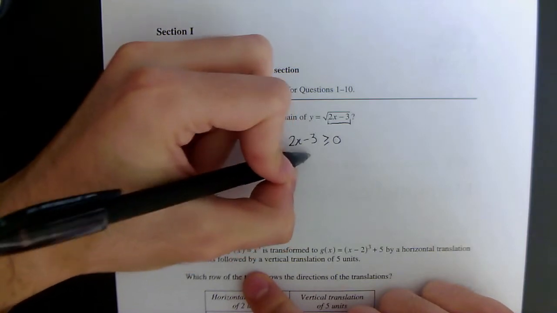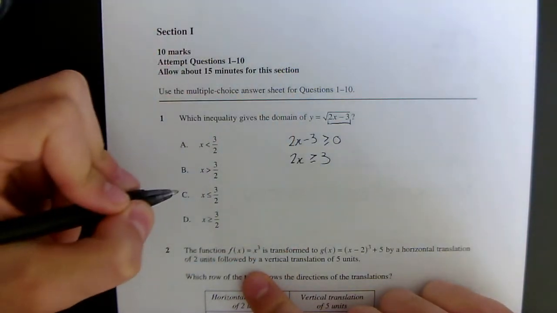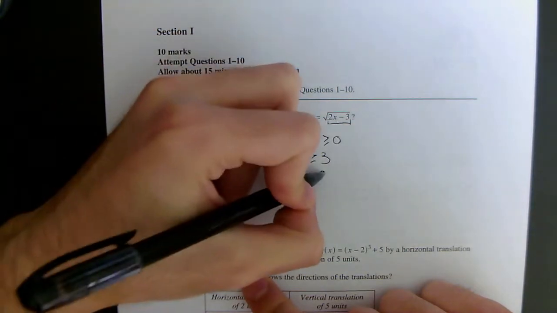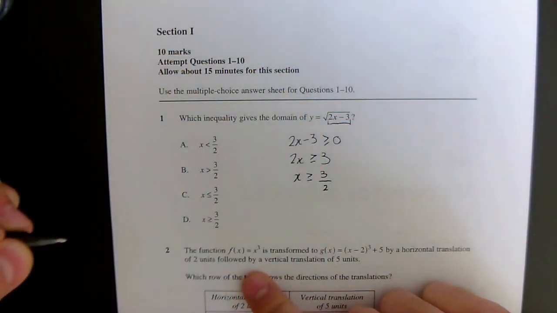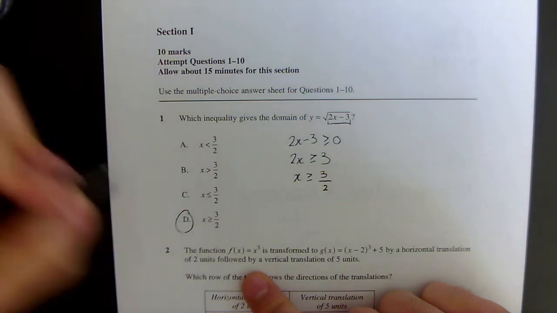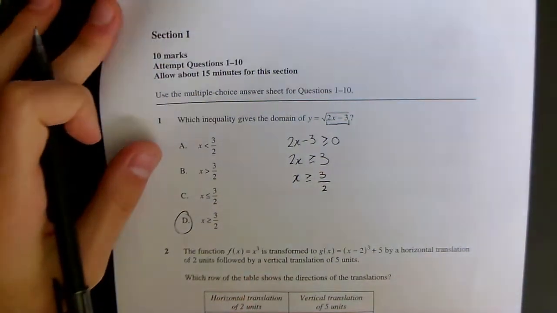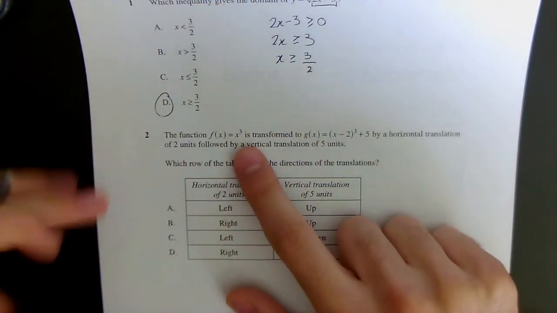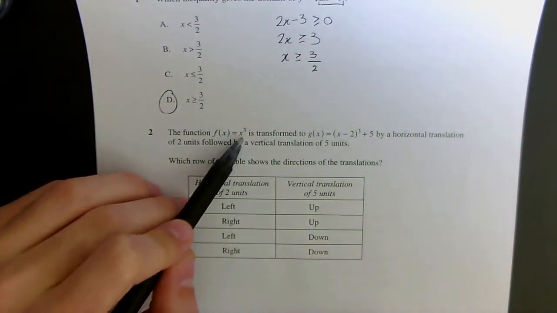And just by solving this inequality, we can obtain that 2x is greater than or equal to 3, and then that x is greater than or equal to 3 on 2. So that's going to be our answer. The answer is D. The next question states, the function f of x equals x cubed is transformed to g of x equals (x minus 2) all cubed plus 5